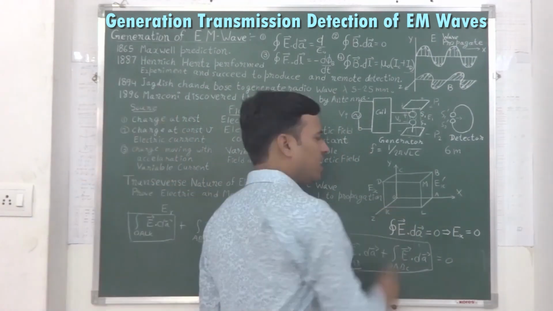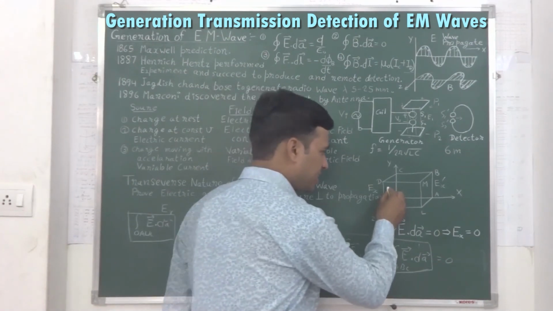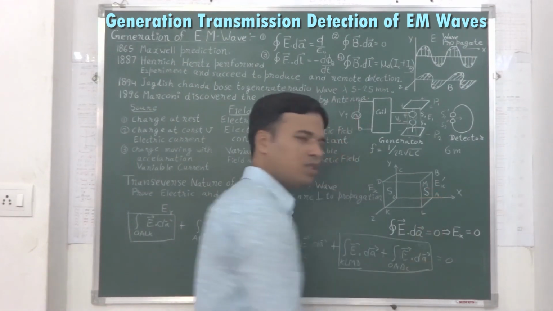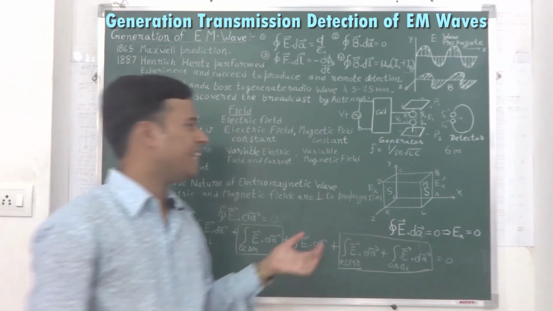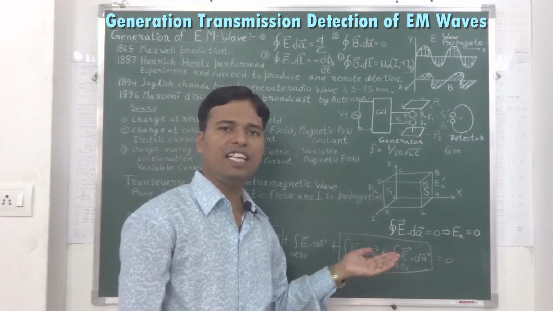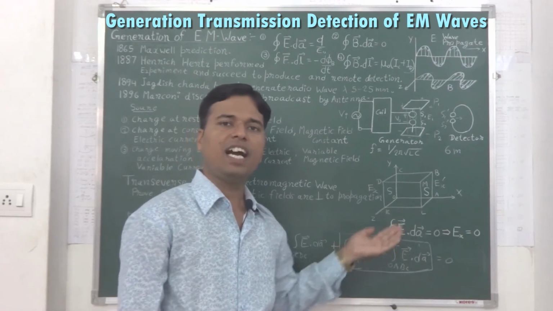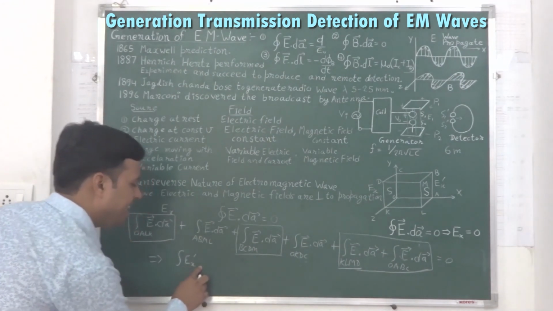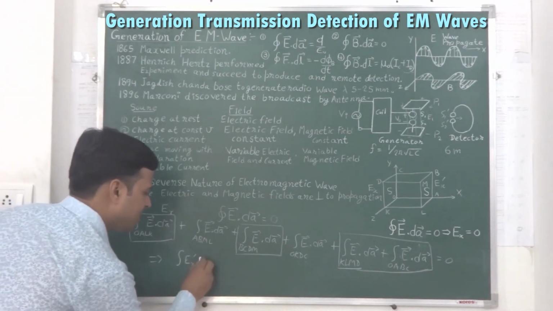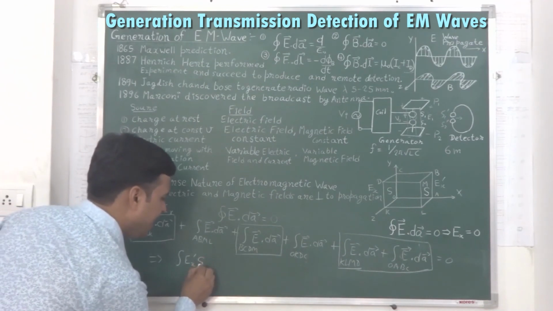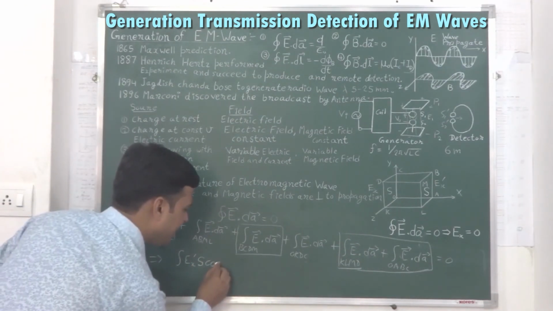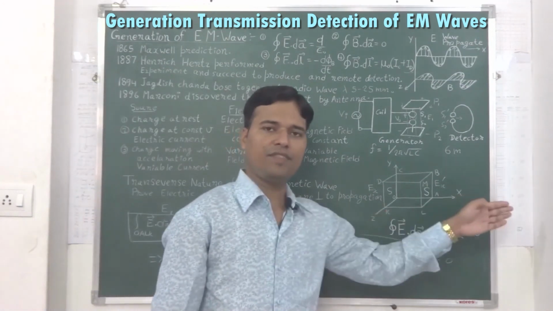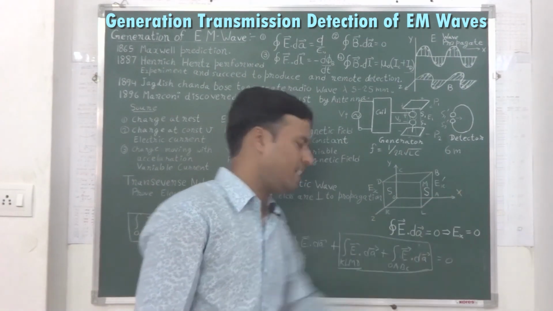Now we can write the area here as S. The area of the second surface will also be same, we can write here also S. If there is any component of electric field in x direction, we are considering only that part. In that condition we can write Ex dash multiplied with the area S, also cos 0, because the direction of x-axis and direction of this area is same